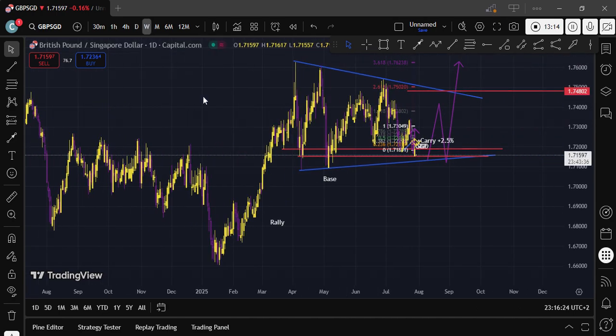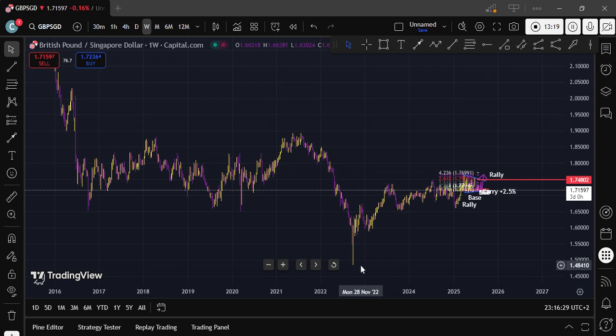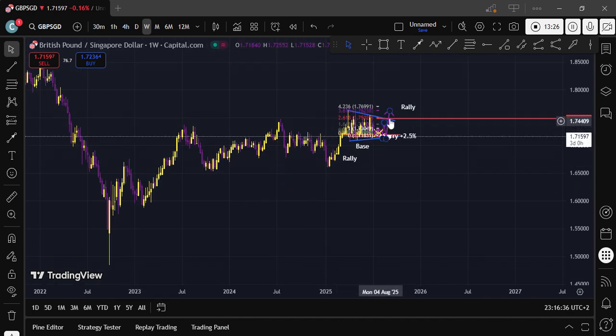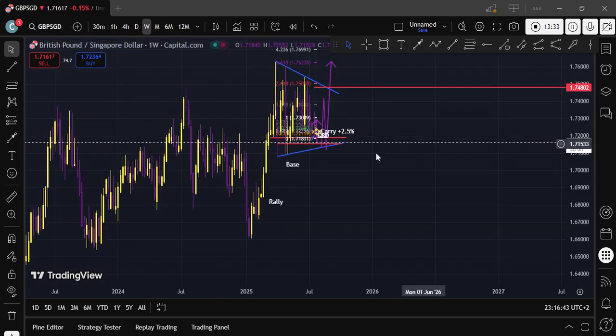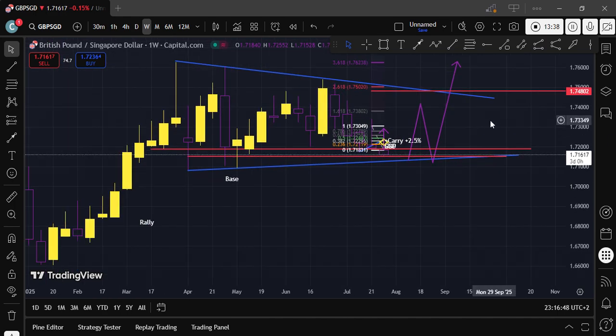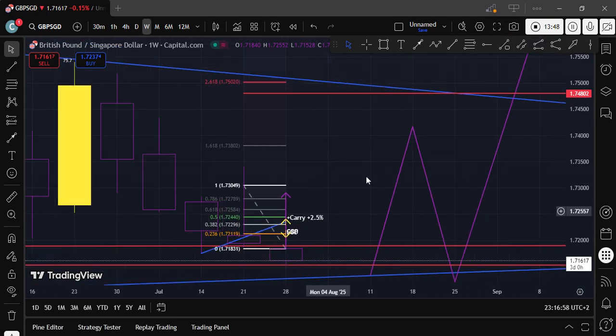Normally, my trades are visible on the weekly time frame. That's how I hold my trades. Since 2022, we've been having positive, consistent growth in the pound, and the Singapore dollar has been deteriorating a little bit, along with the actual US dollar. Sorry about the time that I took, but bit by bit, guys,